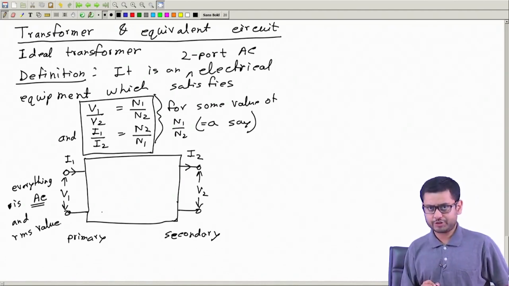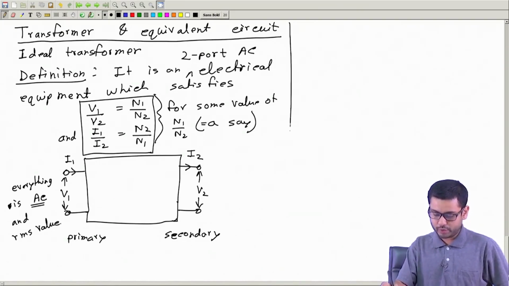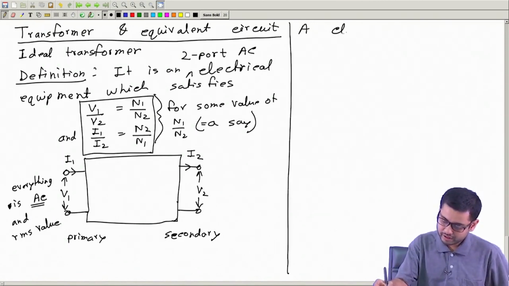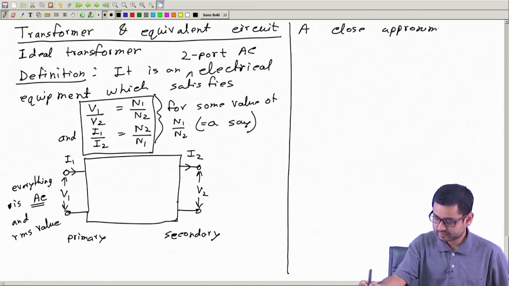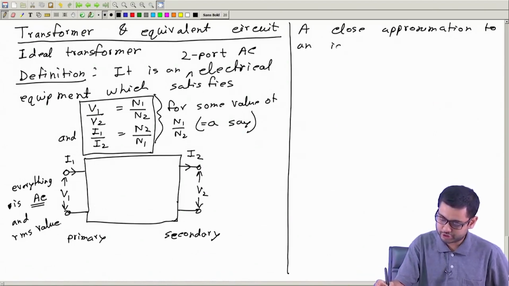Is there an ideal transformer in nature or in real life? No, not at all. But what we can get is something very close to an ideal transformer. Okay, so a close approximation to an ideal transformer